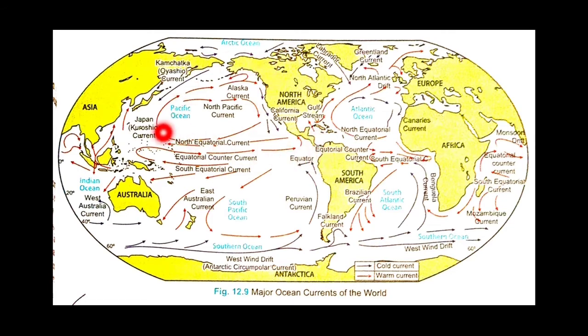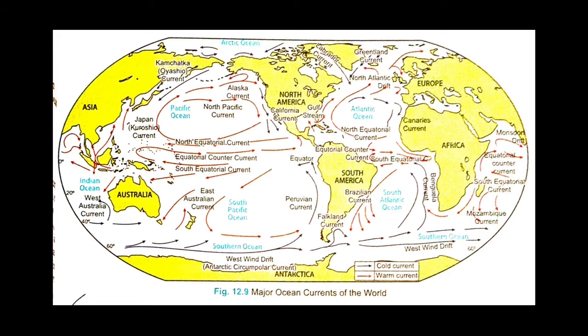In this way, in the northern hemisphere as well as in the southern hemisphere, there is circulation of ocean currents in all the oceans. And you know students, we have learned that all the oceans are connected. Every ocean is connected to each other. So the currents keep on moving in different oceans and they form their own cycle in the northern hemisphere as well as in the southern hemisphere, that is to the north of the equator and to the south of the equator. So there are several ocean currents in different oceans. We basically learn about the currents of the Pacific Ocean, the Atlantic Ocean and the Indian Ocean.